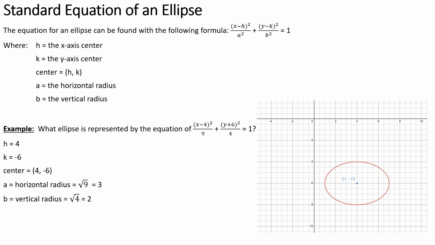Now, the equation for an ellipse is very similar to a circle. In fact, that's why I said a circle is a modified ellipse. We still have the x minus h squared here, and the y minus k squared here. Now, we've got fractions here. This is a rational function, a squared and b squared. And the a squared is simply the horizontal radius,